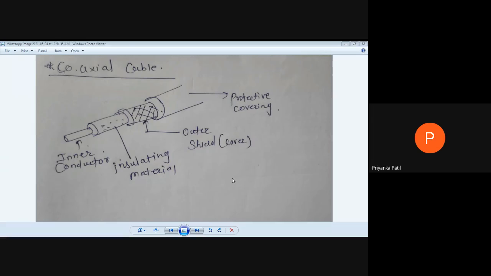Then it is used for digital transmission. Optical fiber coaxial cable is used for digital transmission, and it has fast ethernet access for the transmission. With the help of this we can easily transmit content over long distances without any noise interference, meaning the security of this application or the cable.